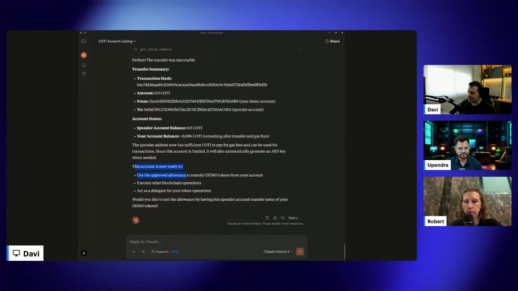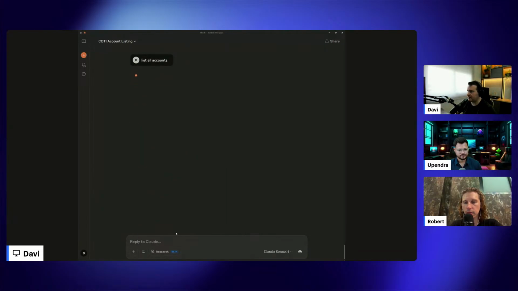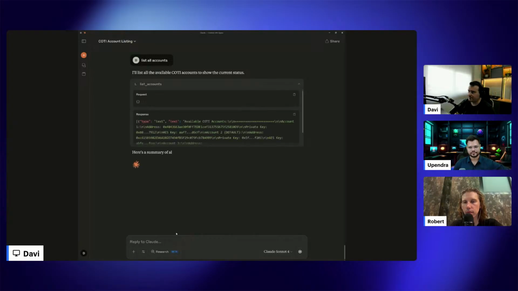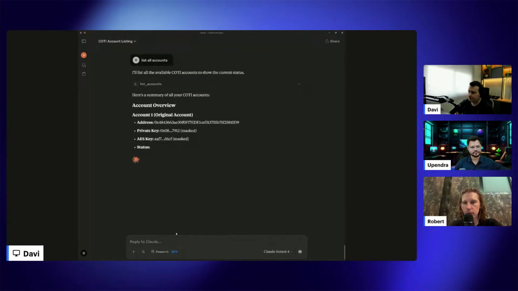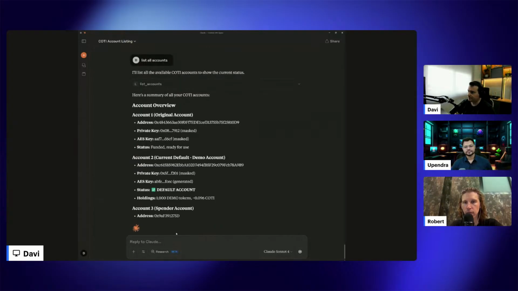This account is ready to use the approved allowance to transfer demo tokens from your account. Let me list all accounts again, just to have an overview of everything that we did so far. We should have 3 different accounts. Yeah, exactly.